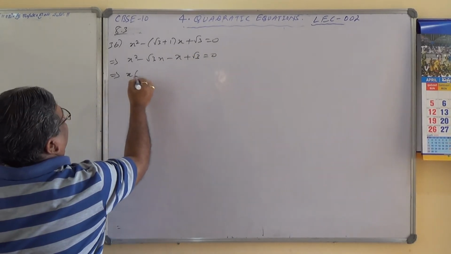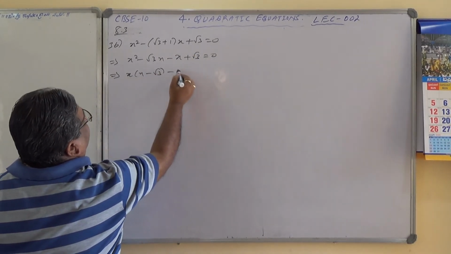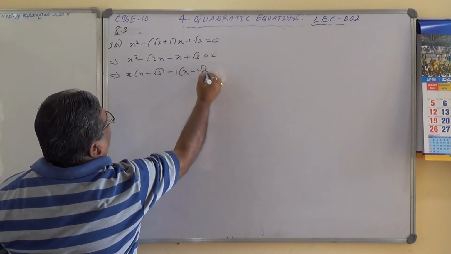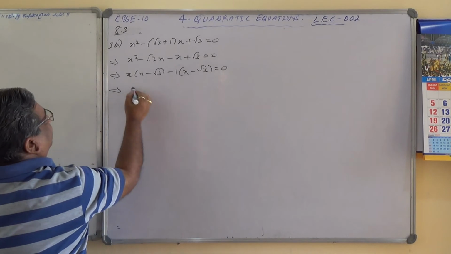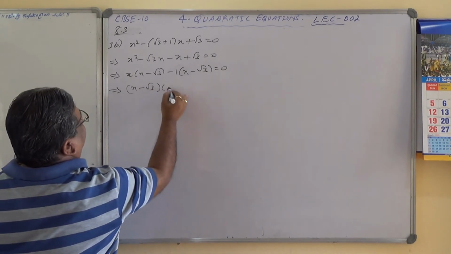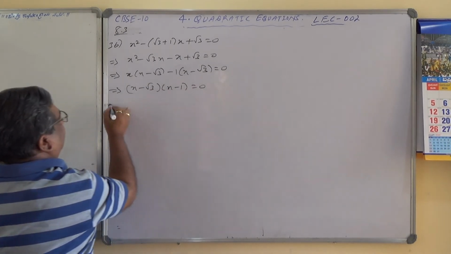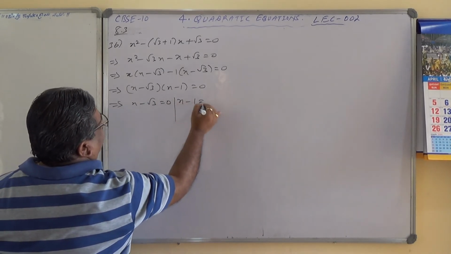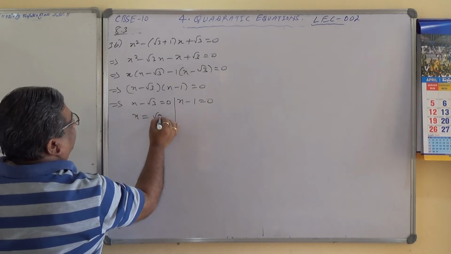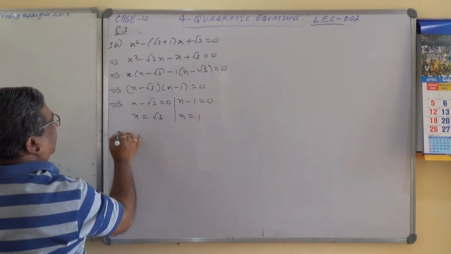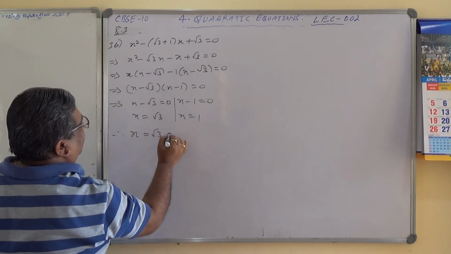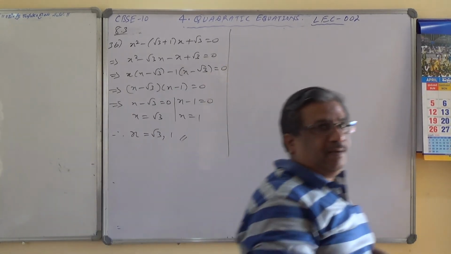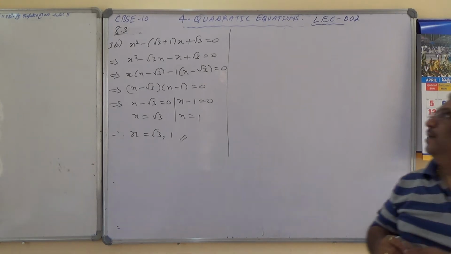What is common? x common. x minus root 3 minus, you take minus 1 common. x minus root 3 equals 0. x minus root 3 into bracket x minus 1 equals 0 implies x minus root 3 equals 0, x minus 1 equals 0, x equals root 3, x equals 1. Therefore, x equals root 3 comma 1 are the values. I hope you are understanding. Look at that. Okay. Next,